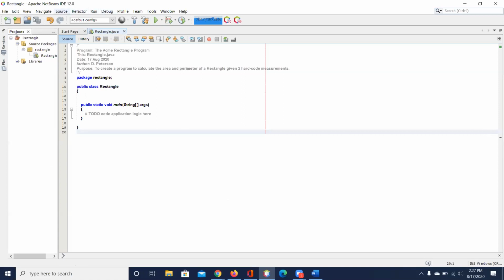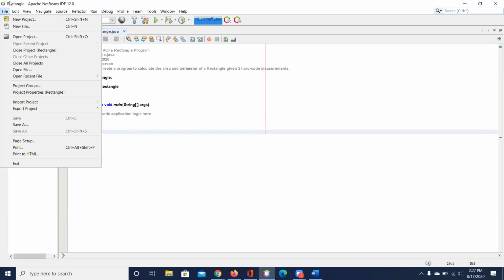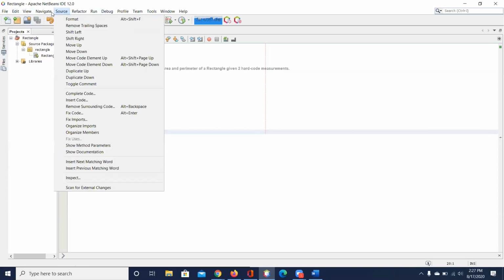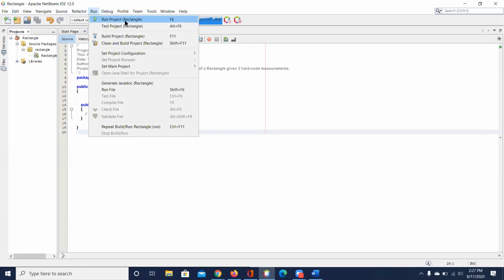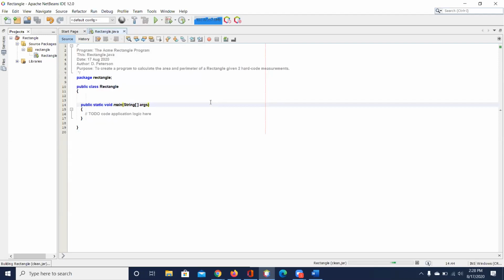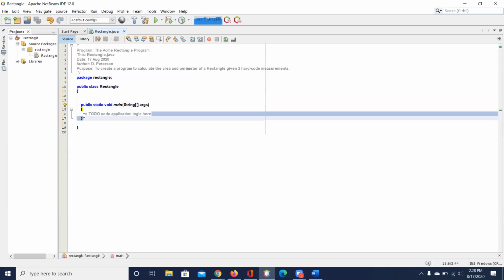Some of the stuff up here you should get familiar with, of course: file, how to save stuff, editing stuff, we'll talk more about. This one here, run, you just saw it. You can run your program by doing F6, okay? Sometimes you'll swear your program's all right, but if you've done a lot of changes, the computer will get mixed up and your program won't run right. You can always try clean and build, and it'll go through and straighten it out if it's just the program itself or the computer itself. All right.